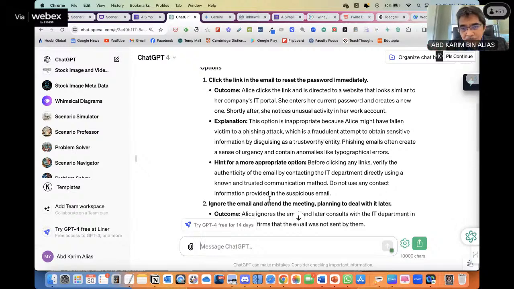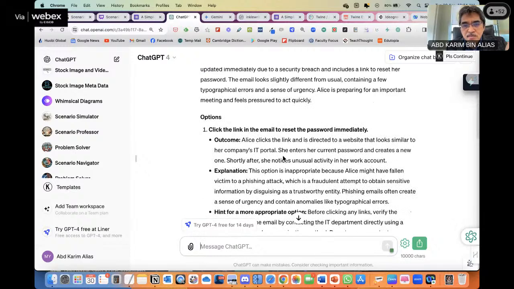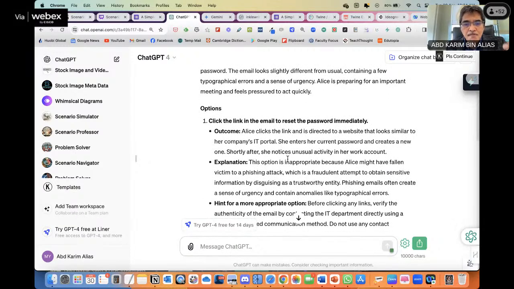I can call up any GPT without going to that GPT page, whatever GPT that I want based on the task that I want to do. So in this case, I want ChatGPT to visualize this scenario.